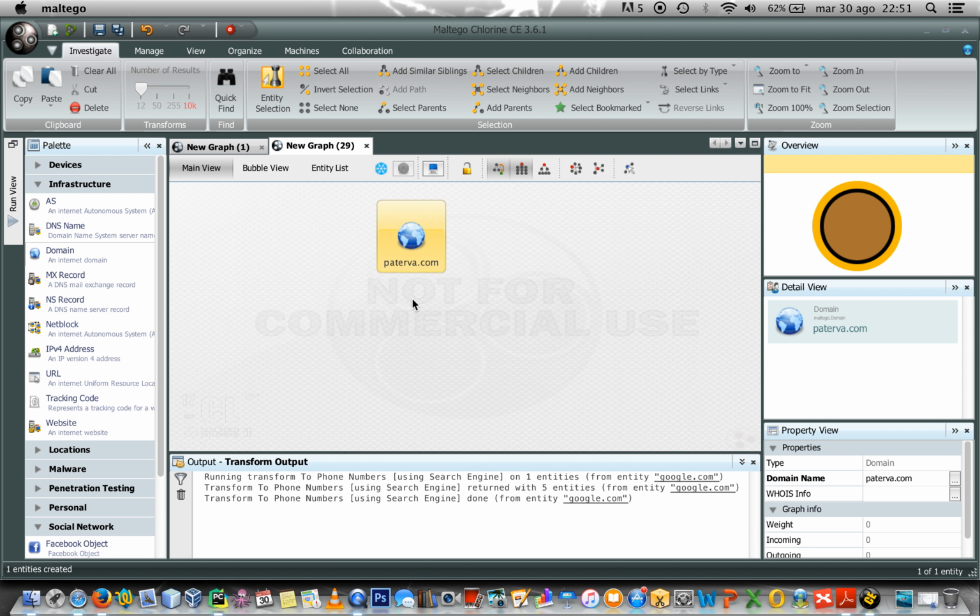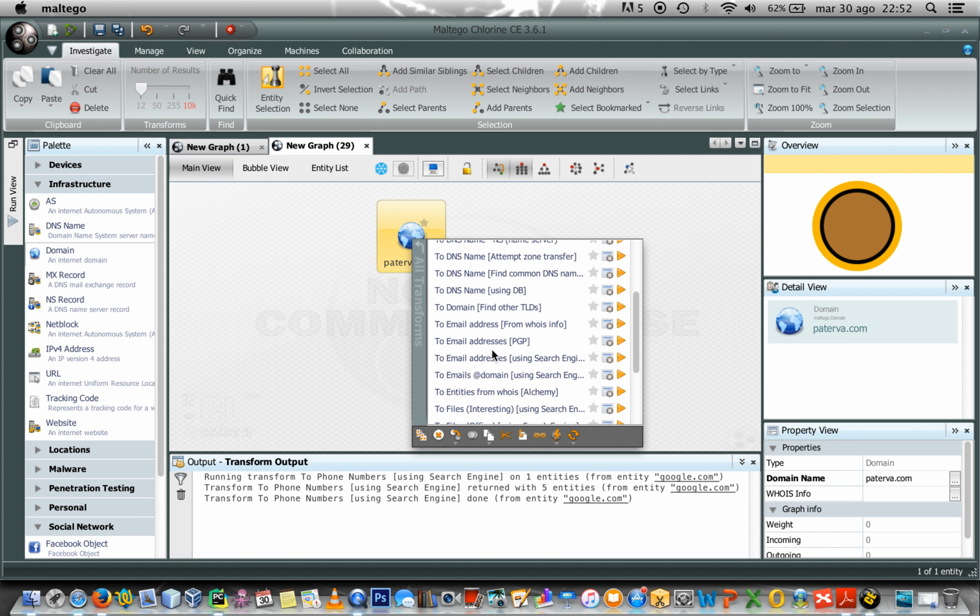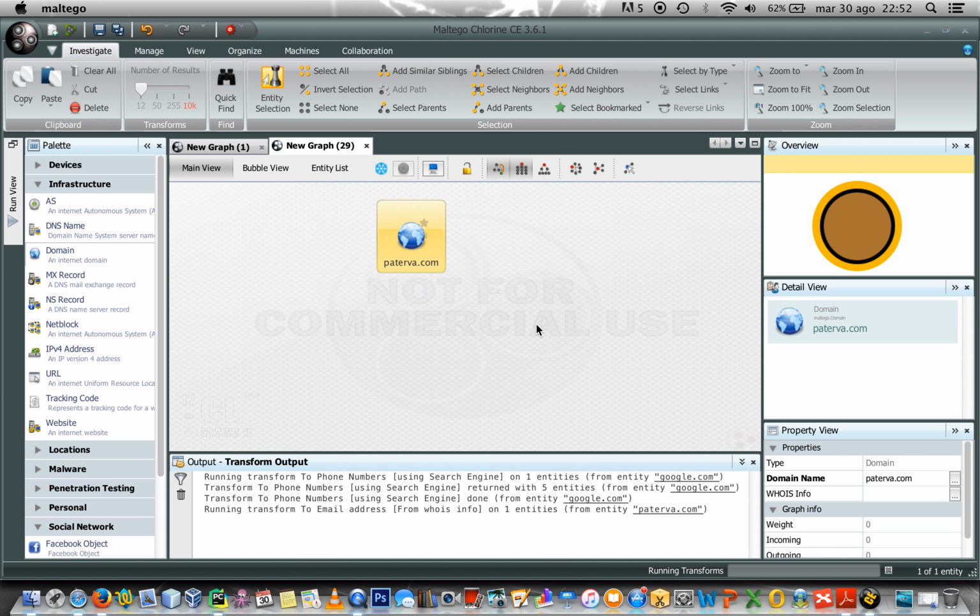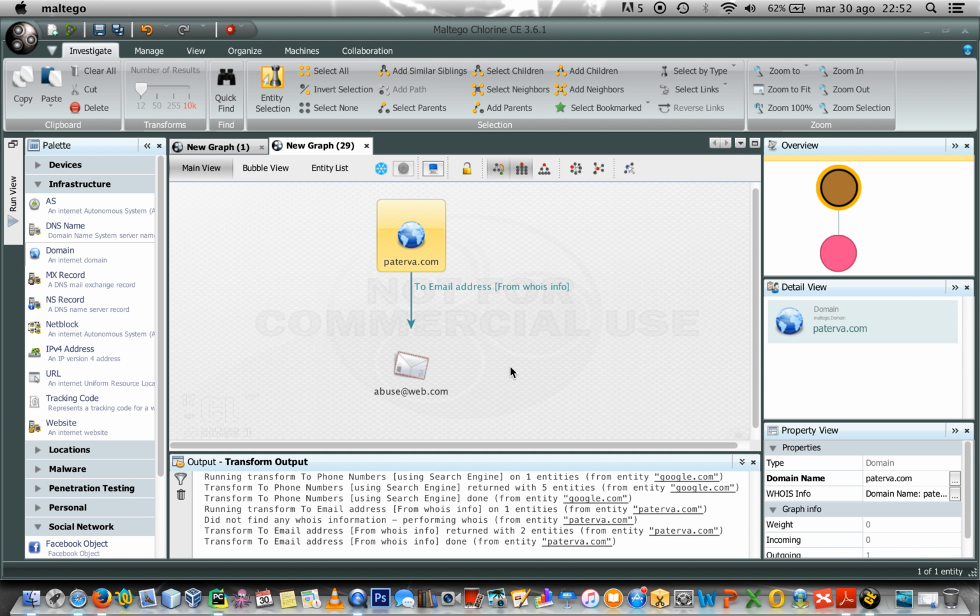I'm going to use this one, paterba.com, and from here we can get email addresses, for example, from whois information. Let's click on it, and once we have run this transformation, we get the whois info here from the paterba.com